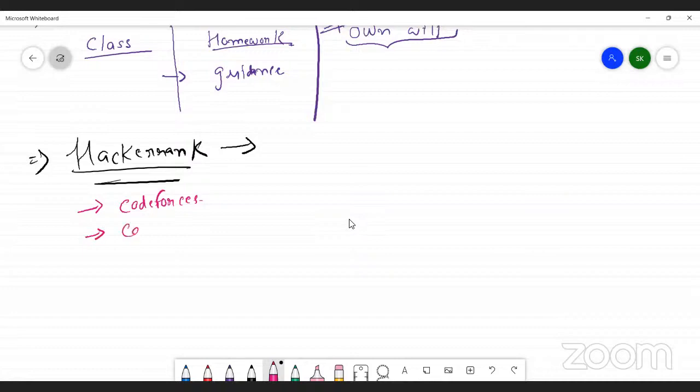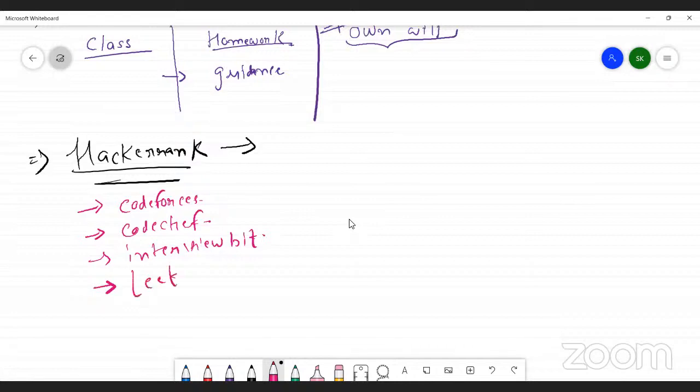Next comes CodeChef. You will also be given the introduction to this platform. And next comes InterviewBit. If any one of you has not heard about them, these are the platforms where you can practice your DSA, or you can say the problem solving skills.